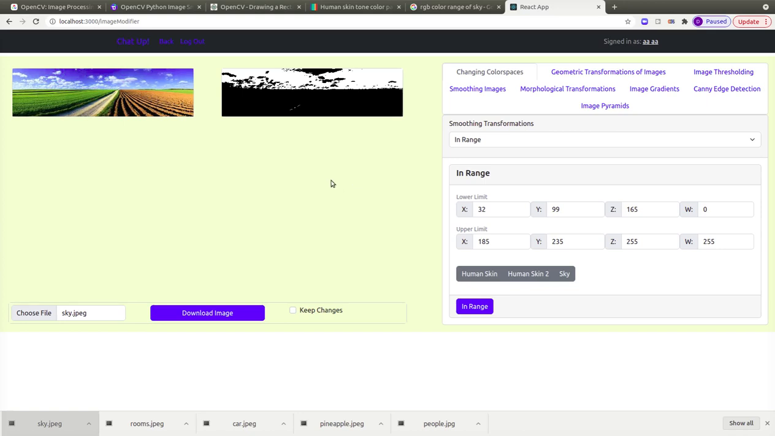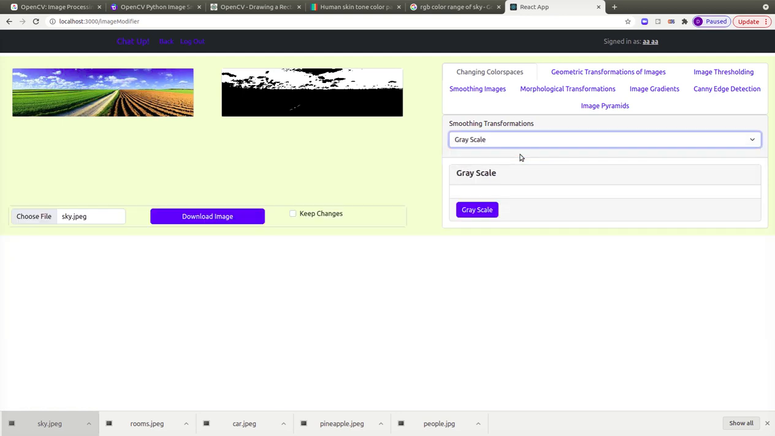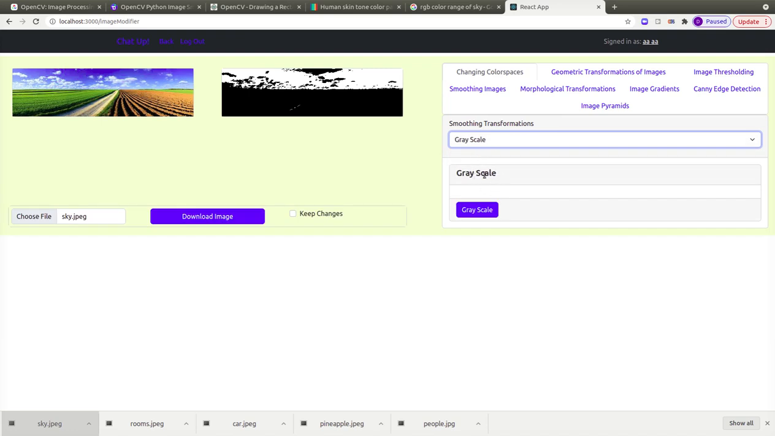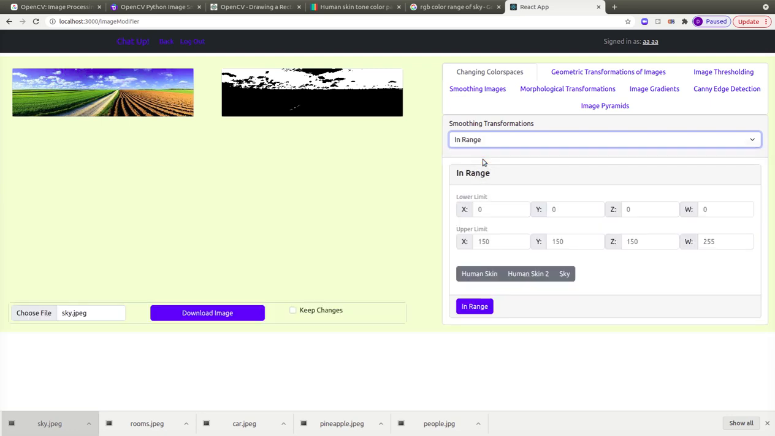Hello guys, so I finished the changing color spaces tab offline. I just added this one in range and improved the CSS for this one. And for this one, in range you can set a range